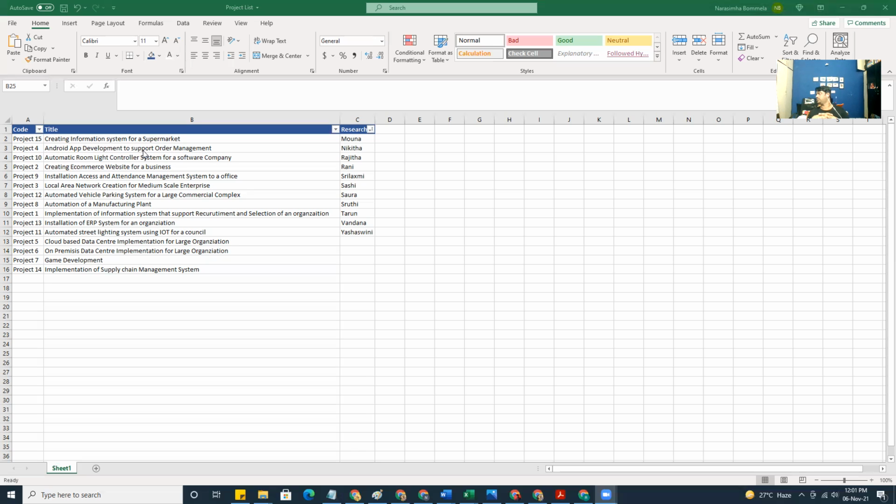So it is a system that we are about to develop that helps automatic lighting management. It also includes when there are no people in the room. When there are no people in the room, the light should be automatically off.